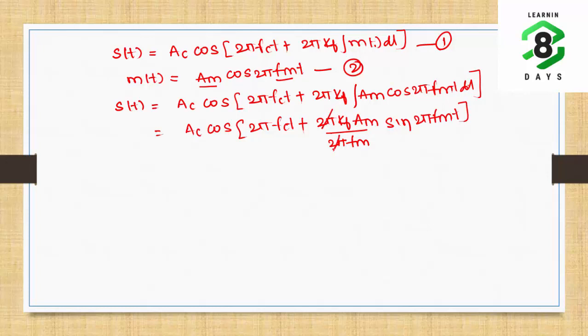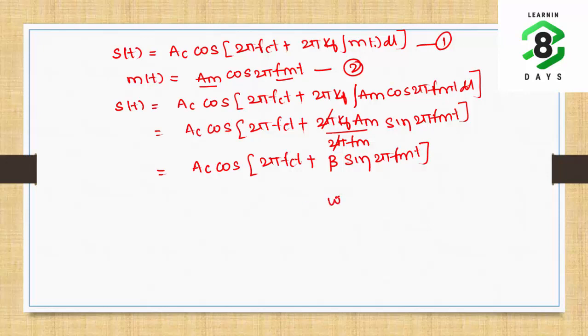So 2π will get cancelled out. This can be written as A_c cos(2π f_c t + β sin(2π f_m t)),